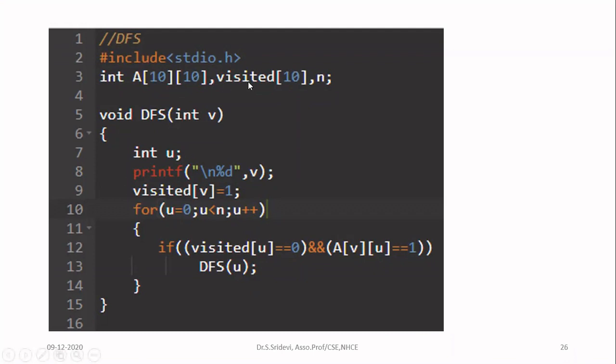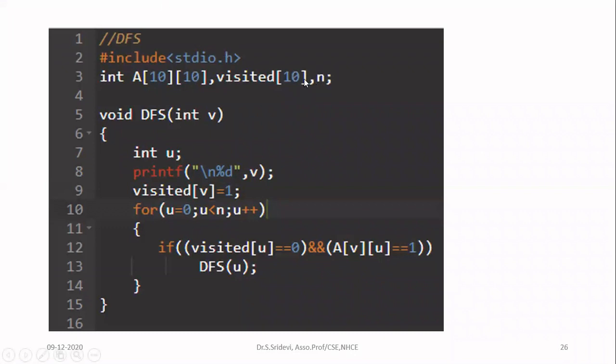And then I'm going to keep track of visited. It is a 1D array. In that, if the value is 1, it means that the node is visited. If it is 0, it means the node is not yet visited. And for every node, we are going to keep 1 entry. So here, see the adjacency matrix. You have given here 10. That means maximum you will have 10 number of nodes. So in visited also, you keep the same number 10. Don't waste any memory. So in visited, I am giving 10. So that means that for 10 nodes, I am going to tell whether they have been visited or not.